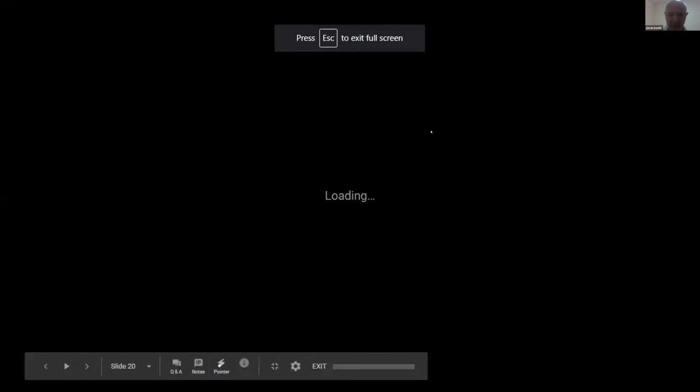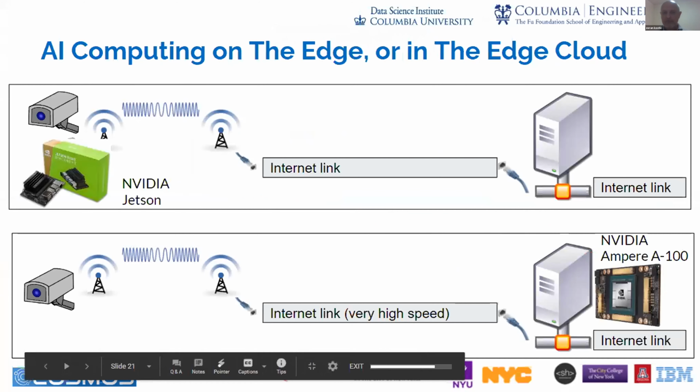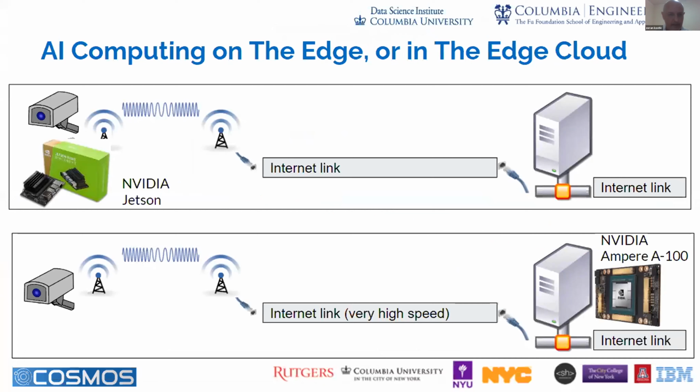So I'm going to go back to the full screen mode. Very quickly go through this. We do have in our possession all of these different components. Some of them already exist, but you can get and buy equipment that we've heard about from other presenters as well. Things such as NVIDIA Jetson's rather powerful GPU engines that can be physically co-located close to the cameras, whose power consumption is some number of tens of watts, or you can have truly powerful GPUs such as Ampere A100